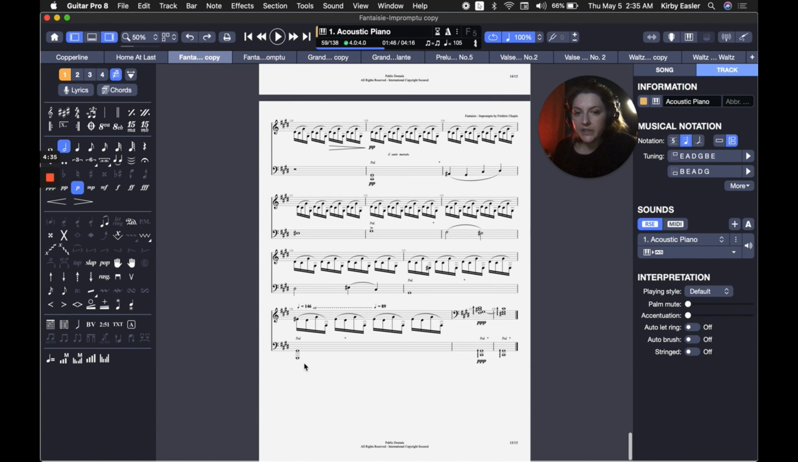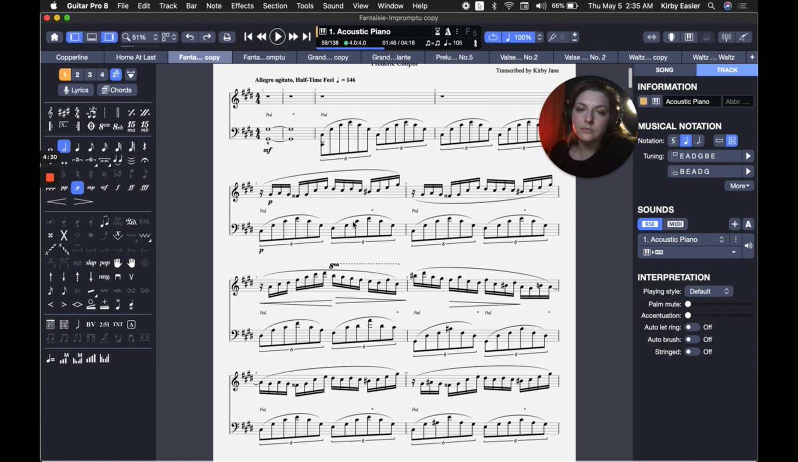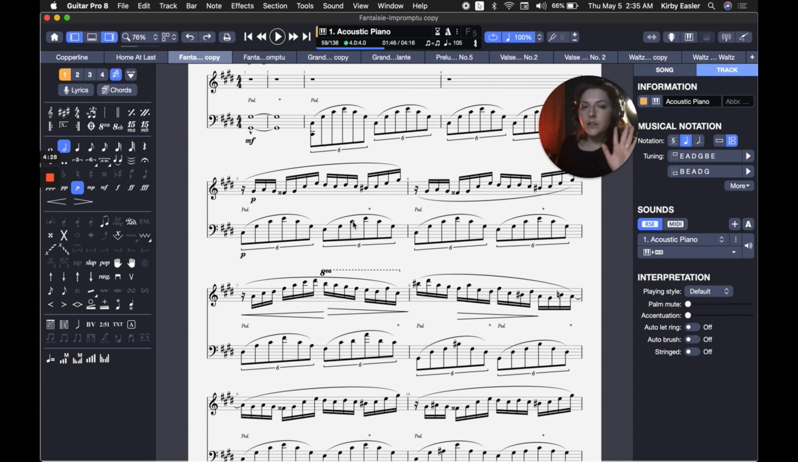The biggest thing I would say, the two biggest things, I wish this was included. Maybe it isn't, I'm not seeing it, but one of the things that I had issues with when I was trying to transcribe the piano stuff into Guitar Pro was the hand crossover kind of stuff,